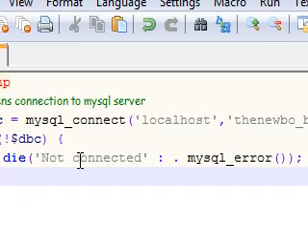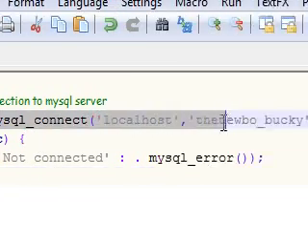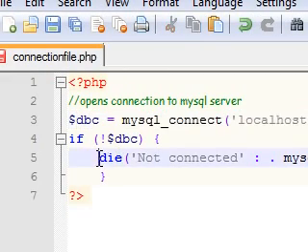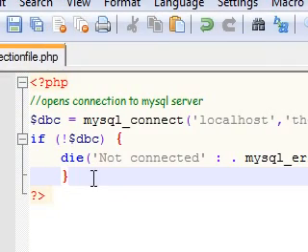And also add your ending semicolon. So right now we're going to say, alright, connect to MySQL. If it can't connect for some reason, then end the script, no use continuing, and tell us why it's not going to connect. So now we have a basic connection to our server, and in my next tutorial I'm going